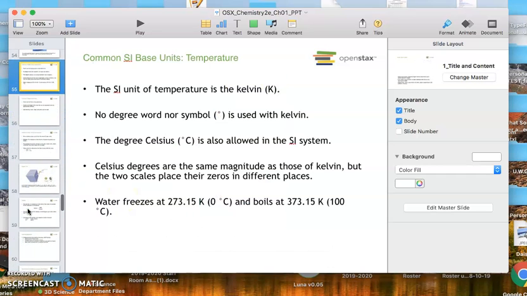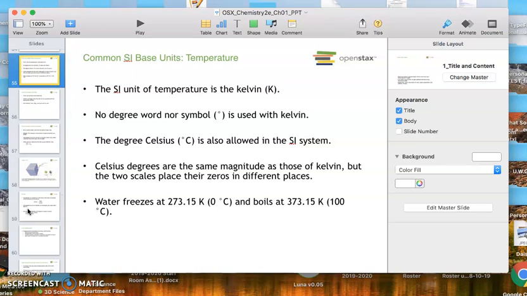All right, so what about temperature? We said the base unit for temperature in the SI system is the Kelvin. Notice that we do not say Kelvin degrees, and you don't see the symbol for degrees either. The reason for that is because the Kelvin scale is an absolute scale, meaning that a temperature of 0 Kelvin is theoretically